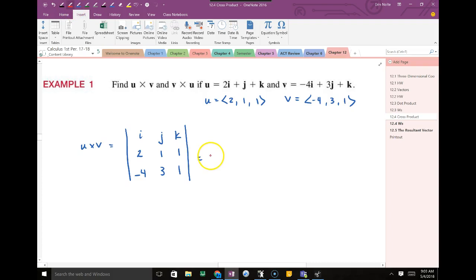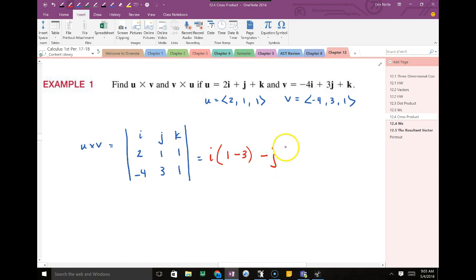Okay, so we got i. What two numbers are we going to multiply first for the i? 1 and 1. So 1 times 1 makes 1, and then we subtract 3 times 1, which makes 3. Everybody with me? So we're cross multiplying. Then I do